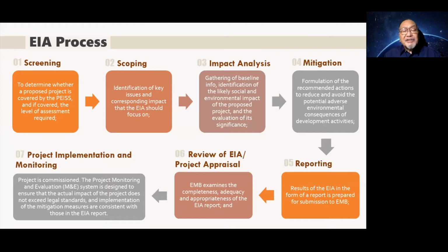And then the impact analysis is the third step. And then after analyzing what the potential impacts are, number 4 is what are the mitigation measures? How do you prevent, reduce, or eliminate the risks of disasters? You now go to phase 5, where you prepare a report, okay? And then you submit this report to EMB, Environmental Management Bureau of DENR, who does a review of the EIA and does the project appraisal. So it examines the completeness of the report, the adequacy and appropriateness of the elements or the contents of the report. And then if it is given an approval, then the project can be constructed, but you still have to go through